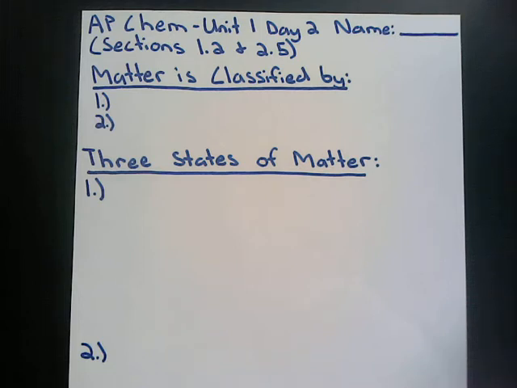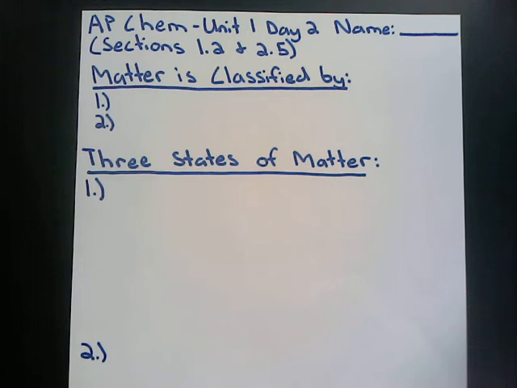The first objective is to differentiate between the three states of matter. The second objective is to distinguish between elements, compounds, and mixtures. The third objective is to use the periodic table to determine the atomic number, atomic symbol, and atomic weight of an